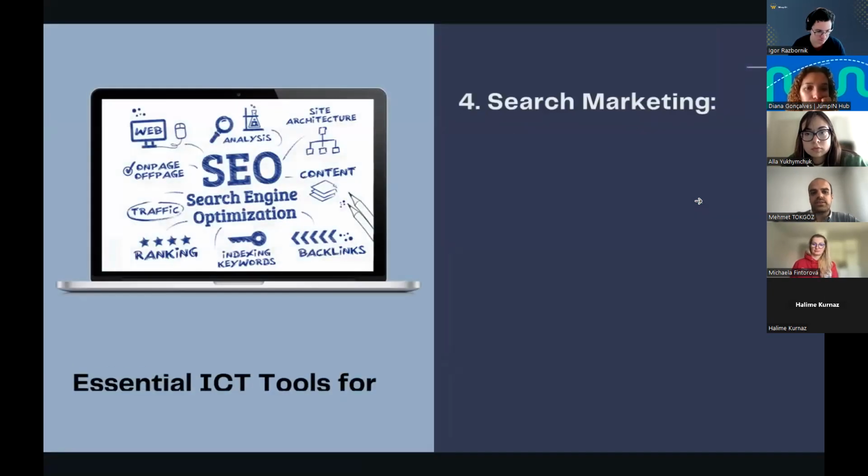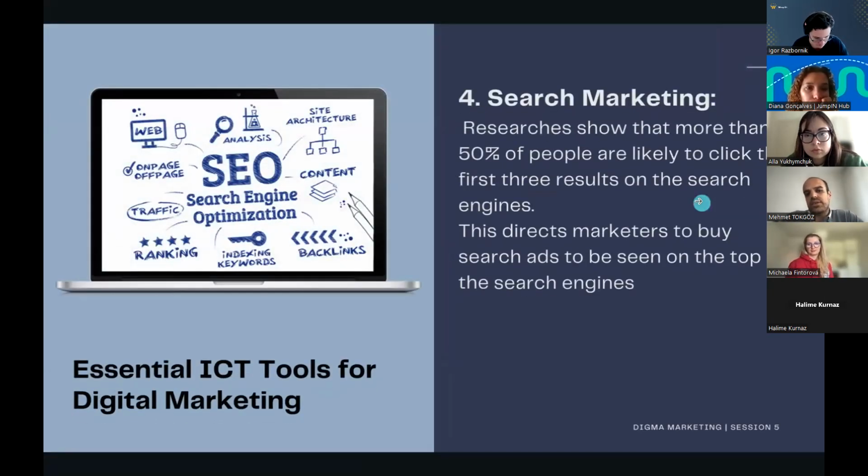So let's look at this. Yes, the first one is the SEO. It means search engine optimization. So you need to make your website more SEO friendly, so that you can go up and up over time. You can analyze your website. You create your website so that it will be SEO friendly. You can create content by using the important keywords. So you should index the keywords and you get some ranking and traffic